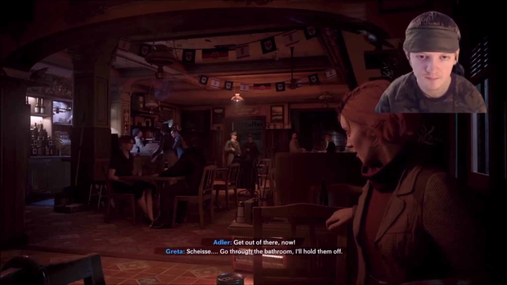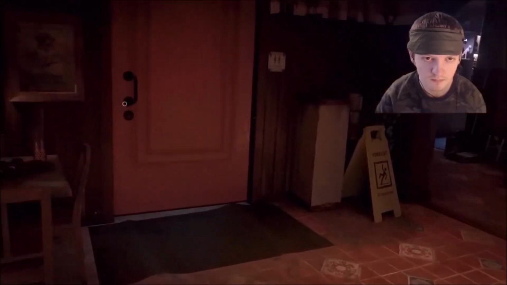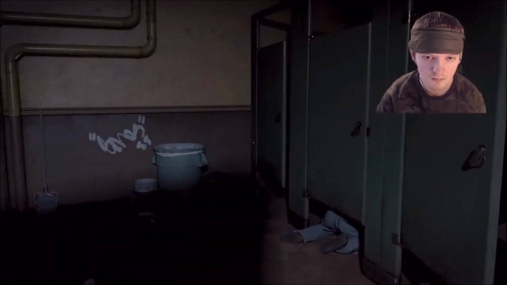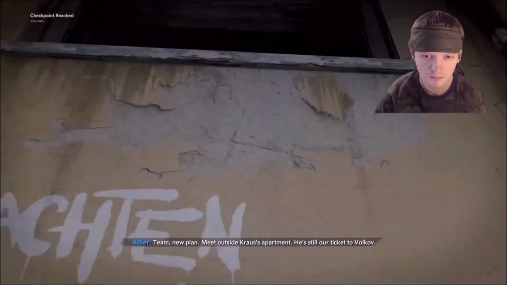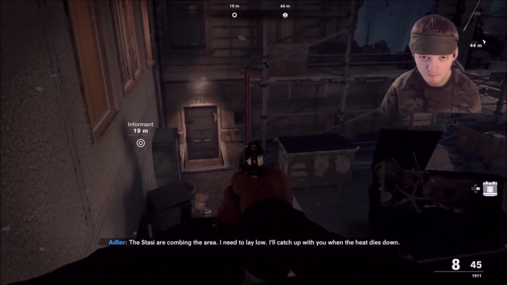This piece of evidence is when you have to save the informant Lucas. So you will go into the bar here, you will talk to this girl who is part of the resistance. Afterwards, the Stasi will actually come in. You will be going into the bathroom and you will climb out the back window. Once you go into the alley, you will be avoiding the secret police here,